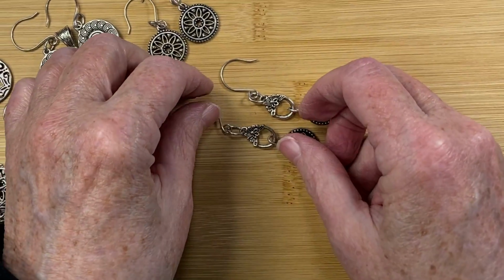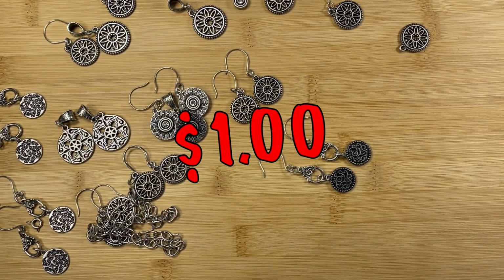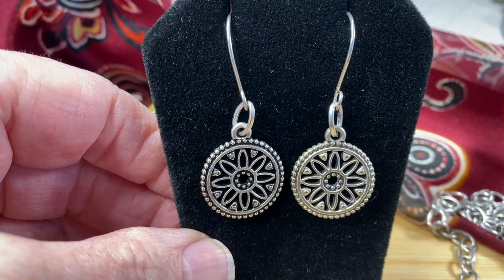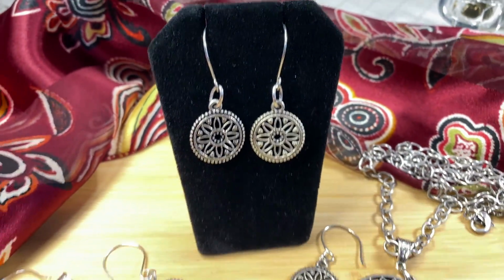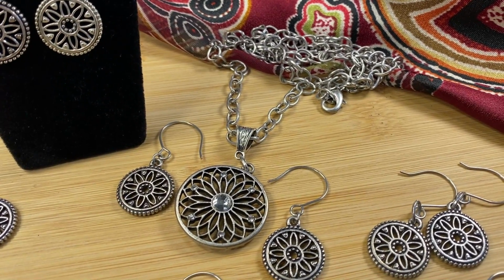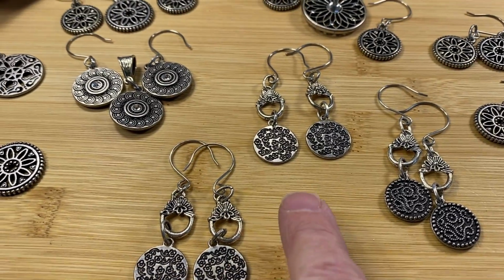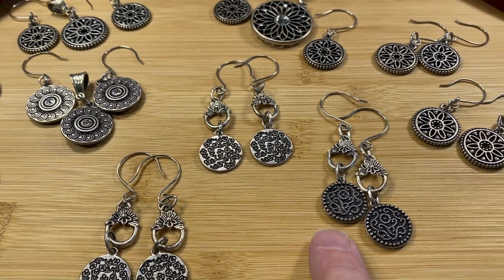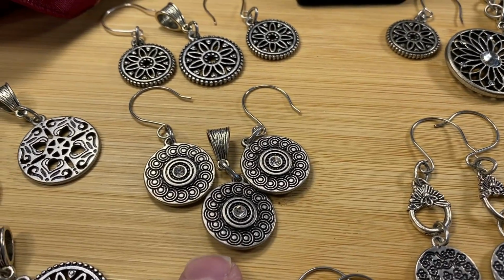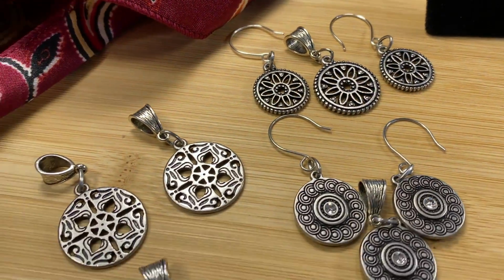So let me get this set up here and show you everything that I made from the $1 necklace. So let's take a look at what I made. I made several pairs of these earrings with the Dutch design. That's 1, 2, 3, and a pair for myself along with a pendant necklace. So 4 pairs of those earrings, 2 pairs with the floral design, 1 pair with the squiggly design, a pendant and earring set, another pendant and earring set where this is a little bit larger than the earrings, and 3